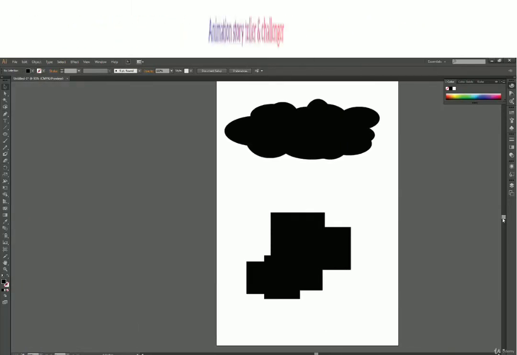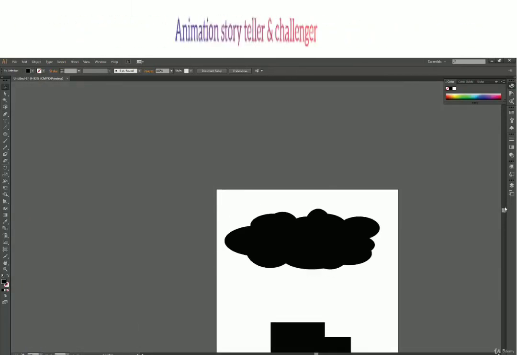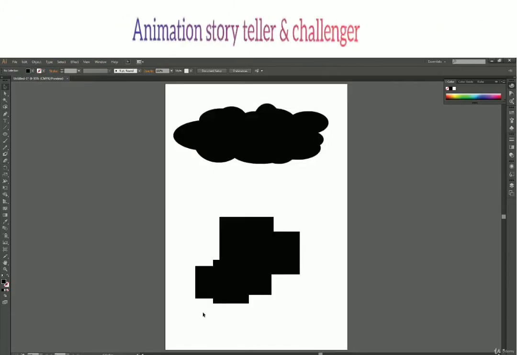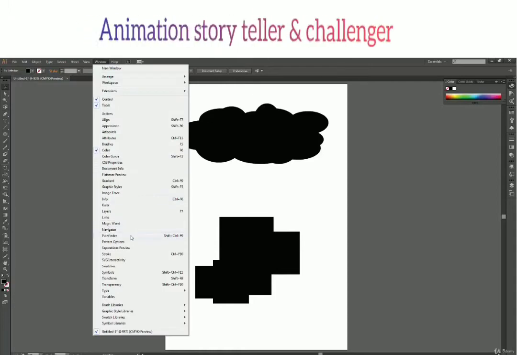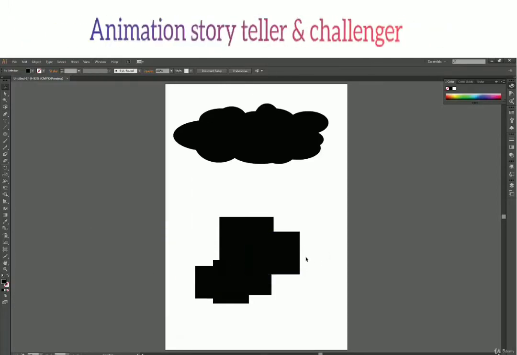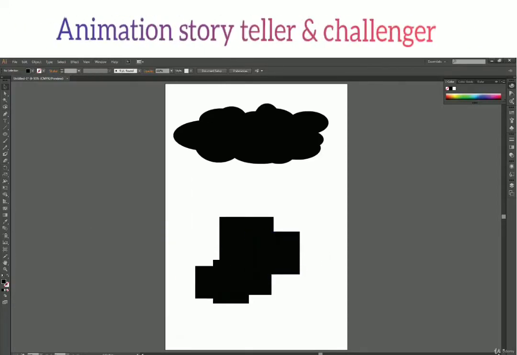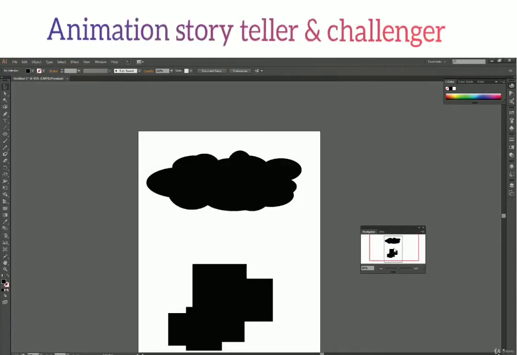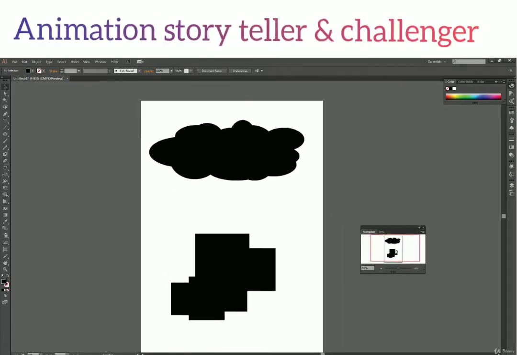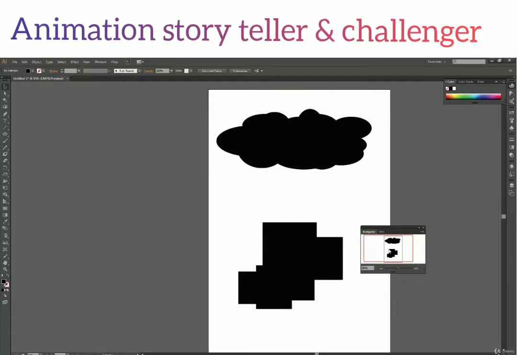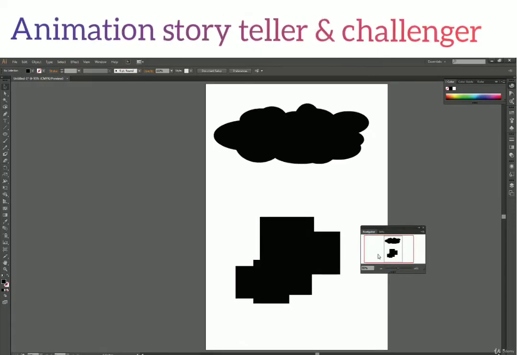Either we can navigate horizontally or we can navigate vertically. Then we have the navigator window. So we can click and drag over here, and this is another way of navigating our document.